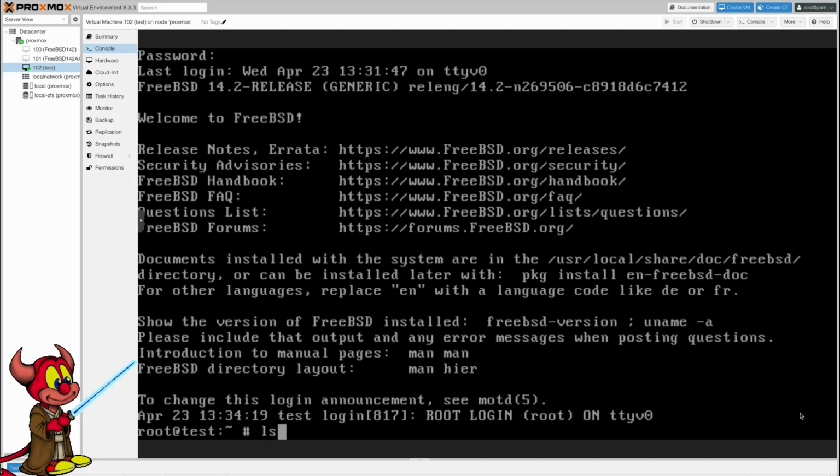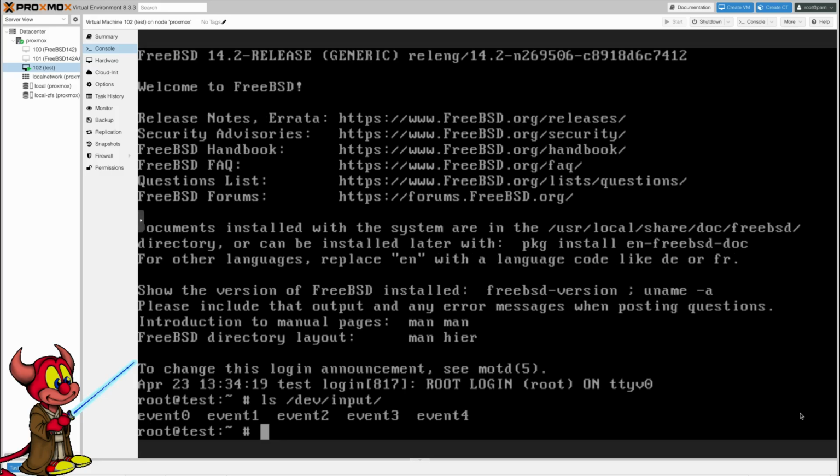And now let's look again at the devices in dev input, and we see that we have event 4, so a little bit more. Now let's install Xorg,